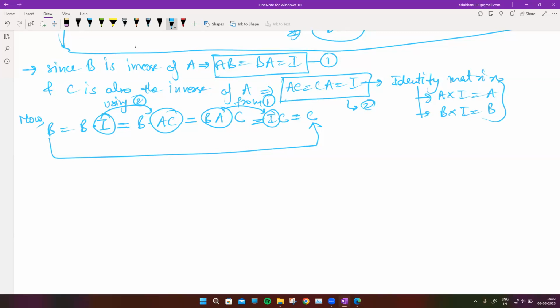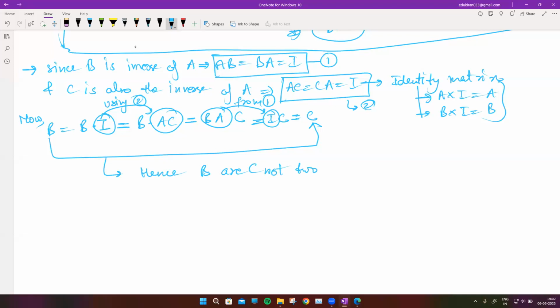And by introducing I, you have introduced A into C from the second equation. Now combine B into A first. B into A gives you I into C, again gives C. So actually B is equal to C. You started with B and ended up on C. So you can say, hence, B and C